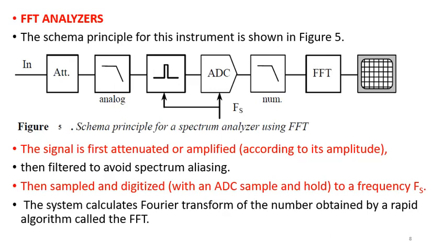And all these things that follow are trying to explain what I have just said. As we have said, we have attenuators. Sometimes it can be amplified depending on the nature of the signal. The reason why we do this filtering after the attenuation or amplification, as the case may be, is to avoid the problem of aliasing. What is aliasing? Whenever you want to digitize a signal, there is what we call the sampling frequency. And according to the Shannon-Nyquist theorem, the sampling frequency must always be at least twice the maximum frequency